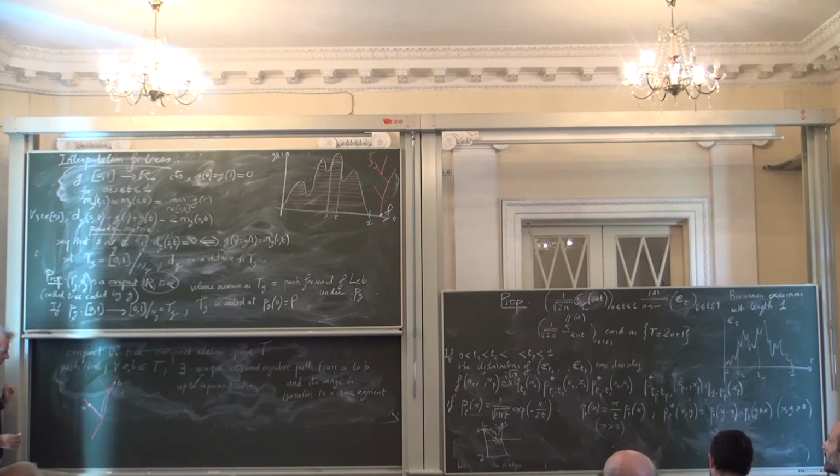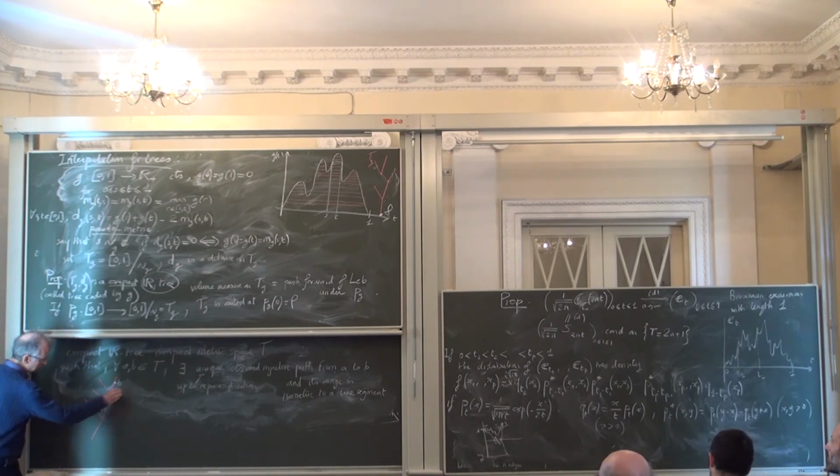Okay? And moreover, the distance is chosen in such a way that this set of points here is in fact isometric to a line segment, the line segment from 0 to the distance from A to B. So basically, you should think of a compact R-tree as an object like this, made of a connected union of segments. You can have many of them if you want. The metric you put on it is the one I explained. The distance between A and B here is going to be the length of this path here.